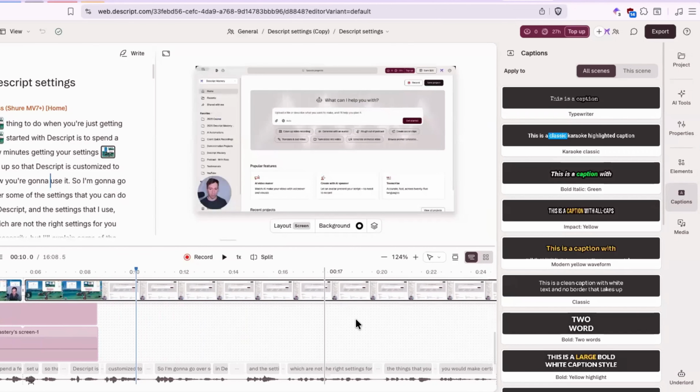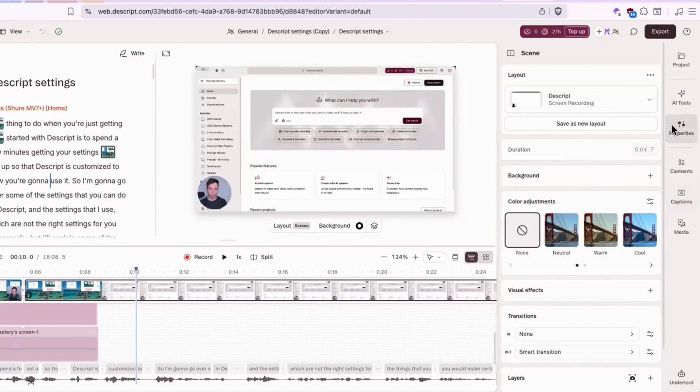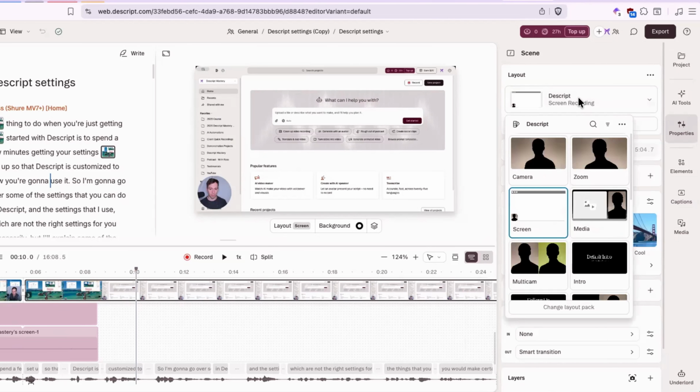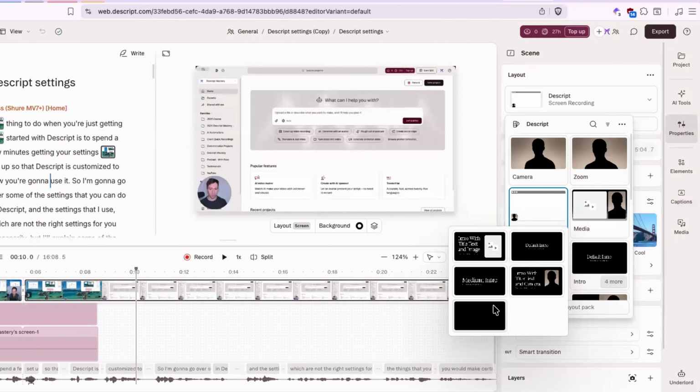Actually, what I'll show you instead is Descript has some intros built in. If I go to properties and then click on the layouts section, they have a whole section called intro. If you click for more, some of these are title only. Some of them are the talking head on the right side and the text on the back.